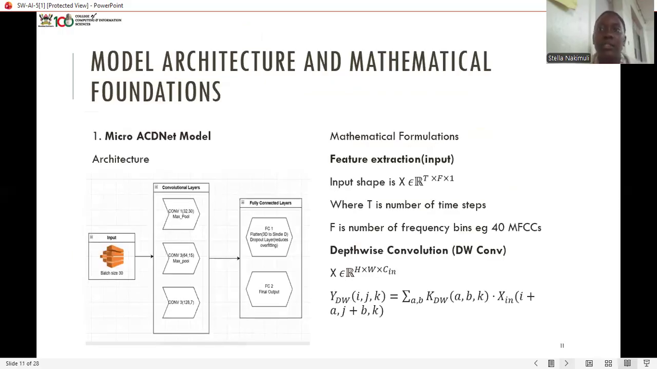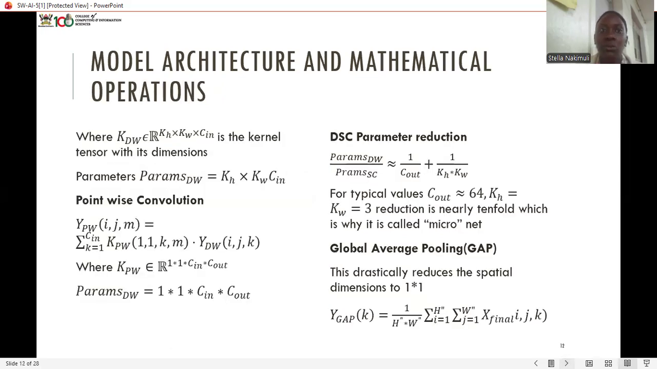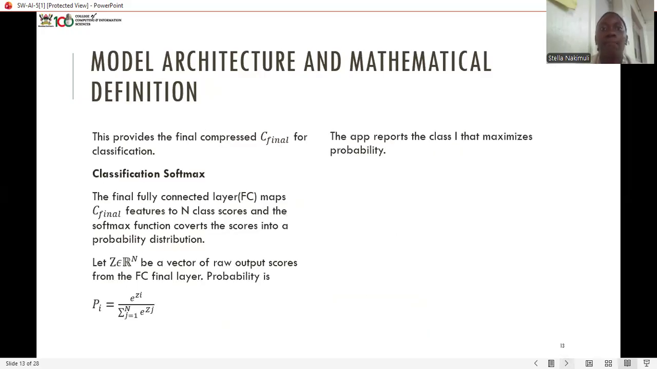Moving forward, this is the model architecture and mathematical foundations. This is one of the models we trained, the micro SCDNet model. And on the right are our mathematical computations and explanations of the model, what we go through to train this model. So that's it with that model. This is still the mathematical operations on the SCDNet model. We move forward to,